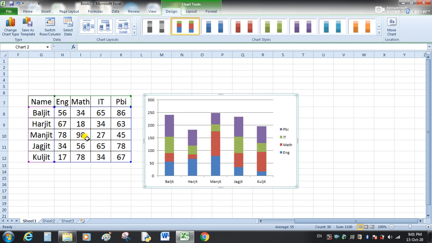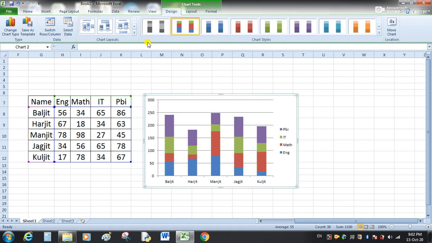When we insert the chart in our sheet, three new tabs are created: design, layout and format. All these tabs contain various options regarding the formatting of this chart.